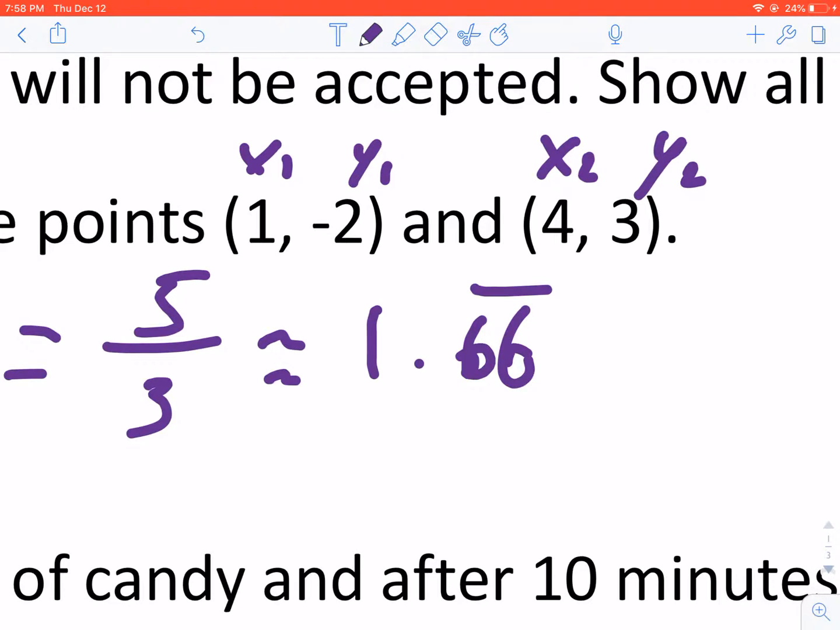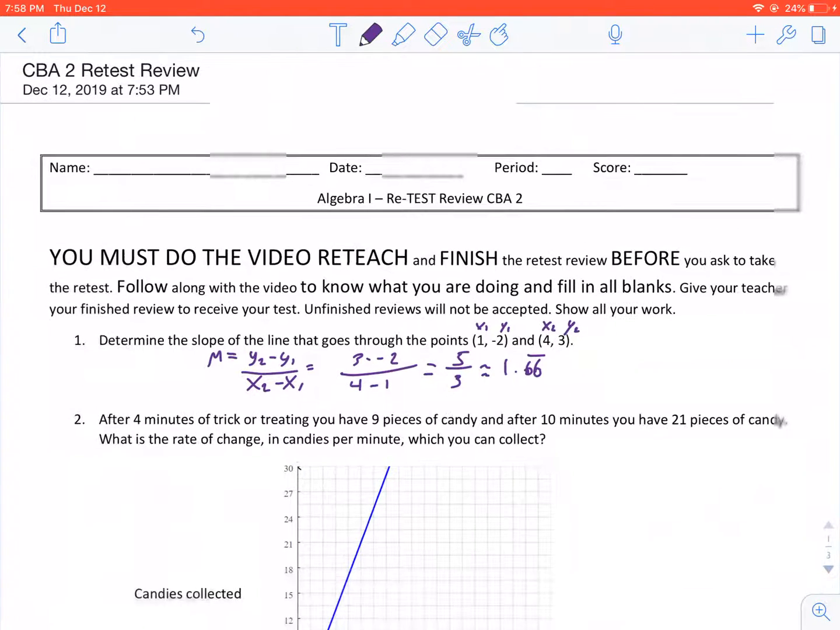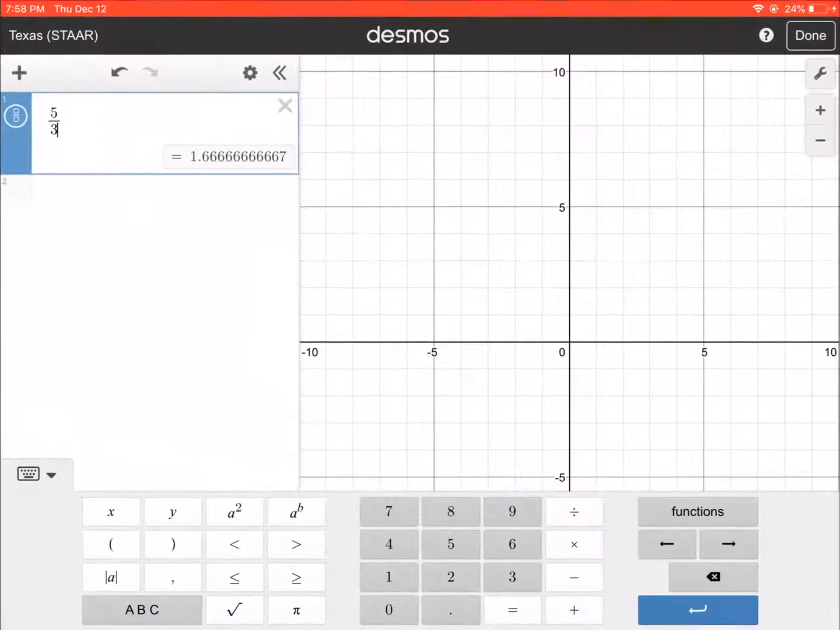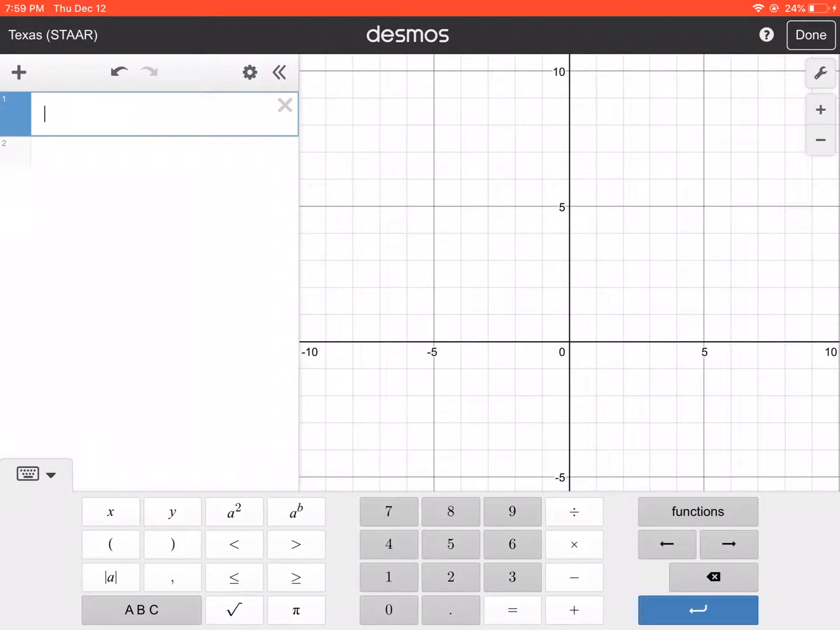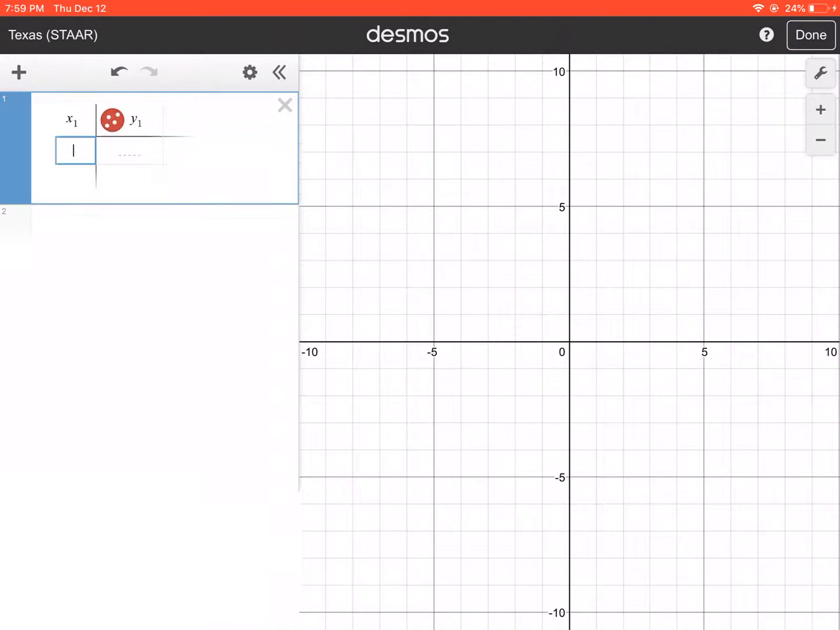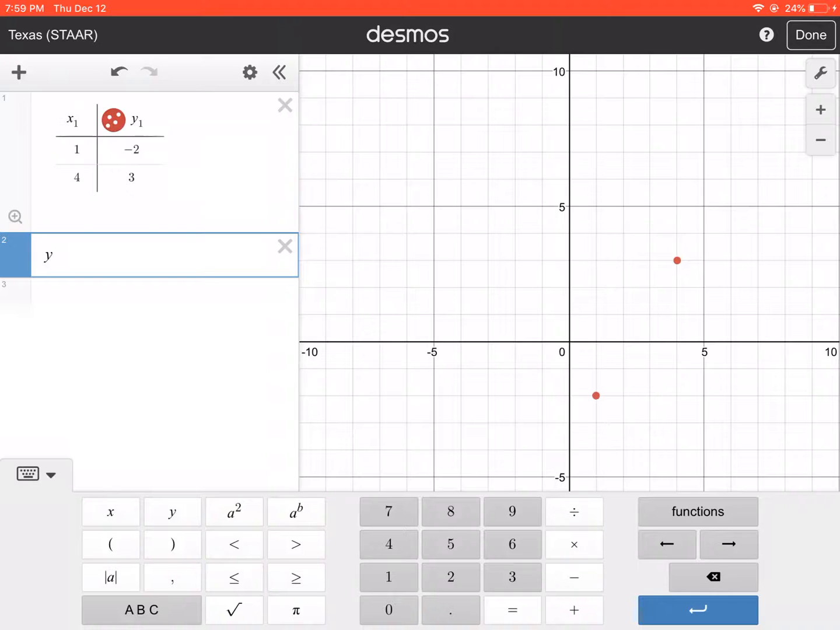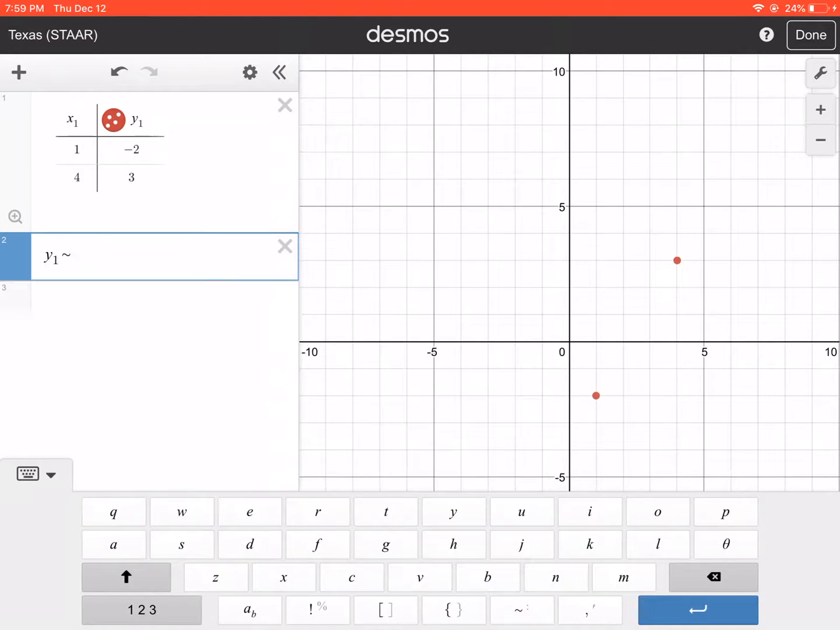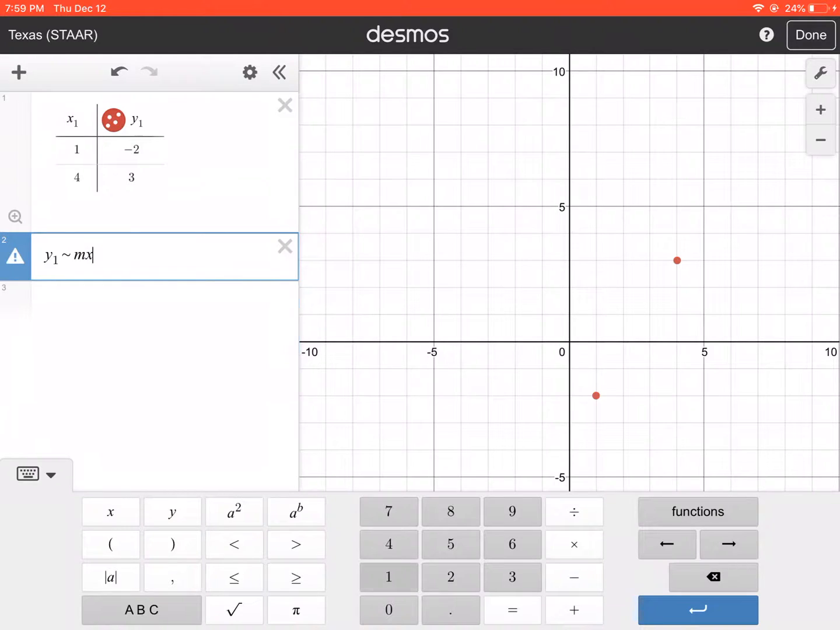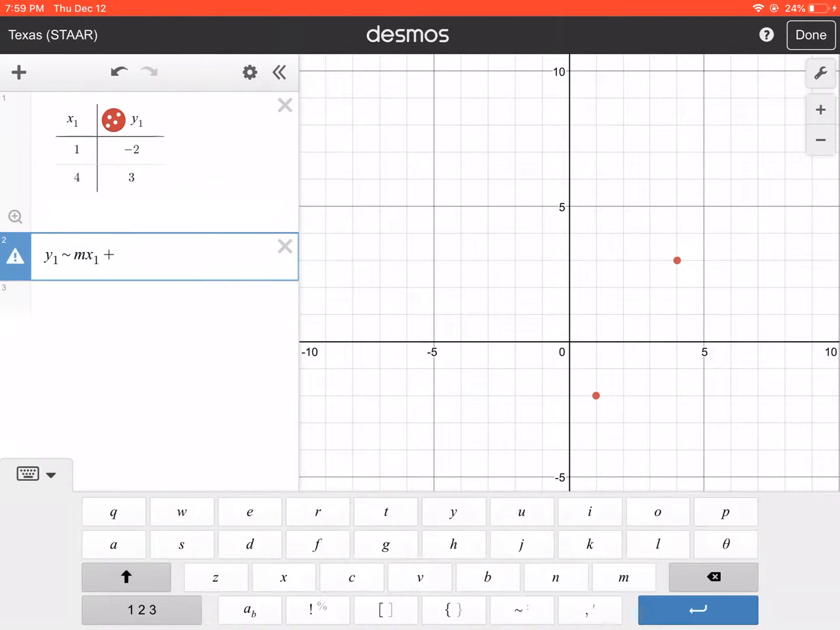Alright. Now that we had that awkward moment, we can show you how to do this on Desmos, which is plugging in (1, -2) and (4, 3) onto Desmos. So we can go adding a graph and do (1, -2) and (4, 3) on Desmos. Then we would do y1 ~ mx1 + b,